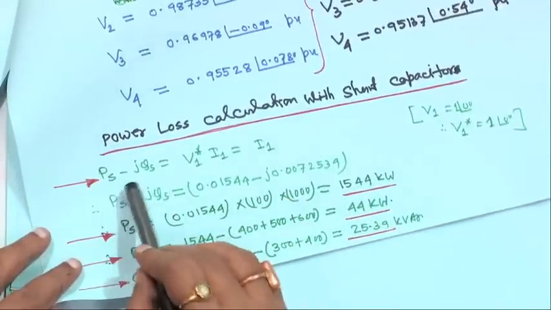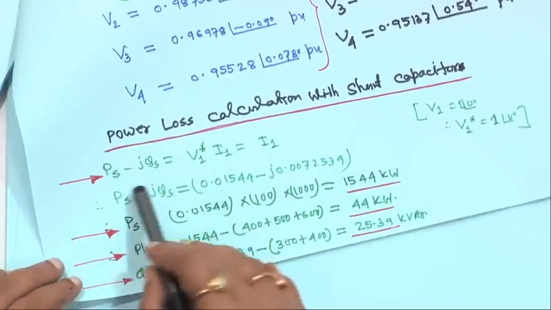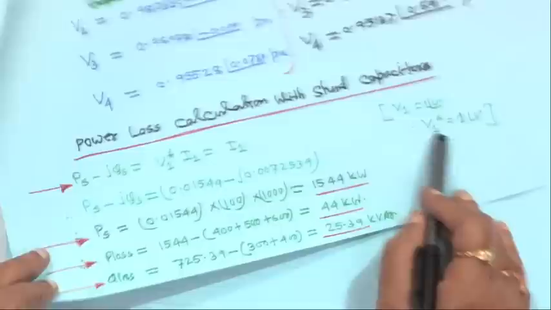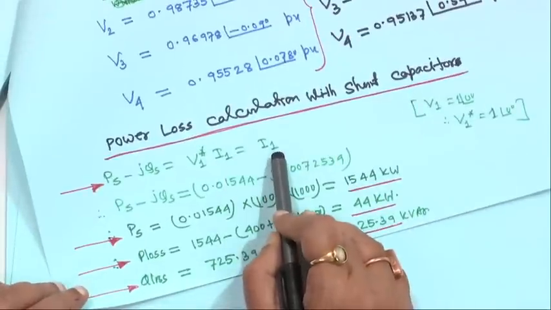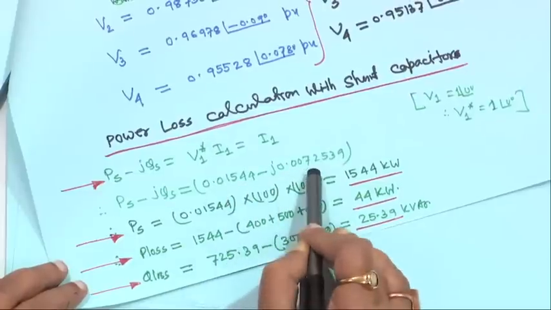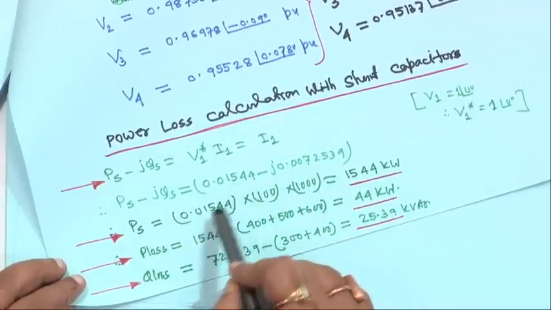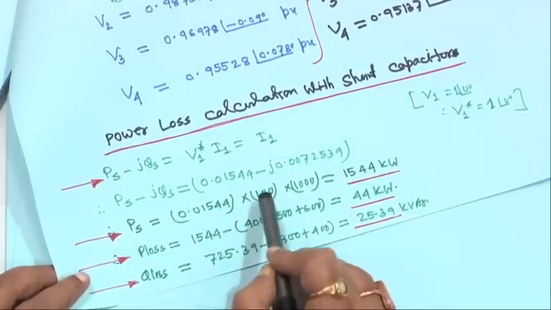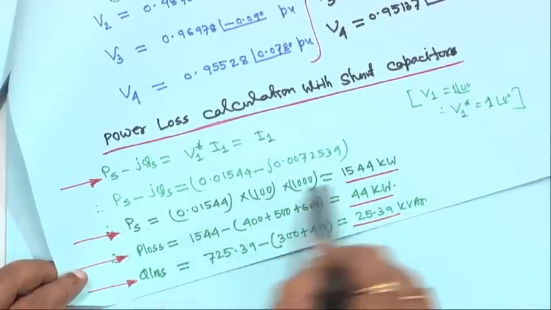This thing I have told you already, that net power injected at the substation is Ps minus jQs equal to V1 conjugate I1, where V1 is equal to 1 angle 0. So, V1 conjugate is also 1 angle 0, and basically it is equal to I1. Therefore, Ps minus jQs is this much after second iteration. Ps is the real part of this one, 0.01544 per unit megawatt. So, multiply by base MVA 100, then by 1000, so all this is coming